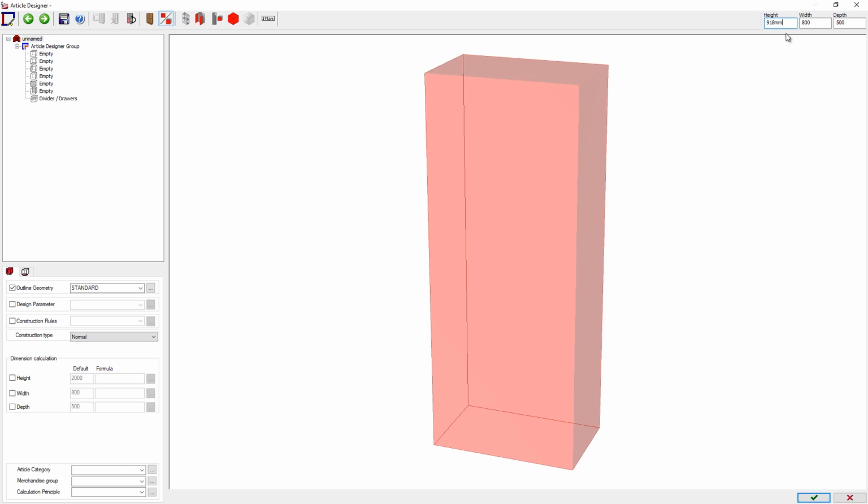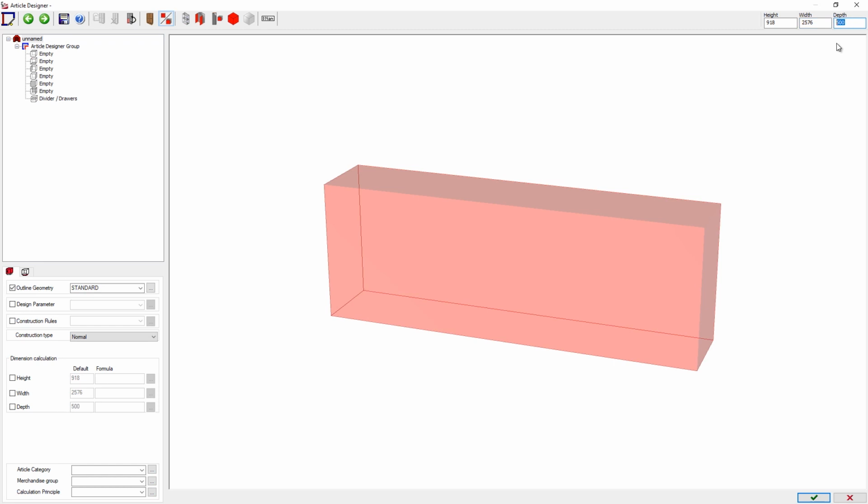So the overall height of this wants to be 918 millimeters, which will factor in my worktop height, the overall height of my product, and the height of my plinth or kicker, in this case 80 millimeters. My width, I want this to be the overall width of the products plus the thicknesses of my side panels, which is going to be 38 millimeters each side to match my worktop. So that needs to be 2576 millimeters. And then the depth of this I'm going to have as 700 millimeters, which is twice the depth